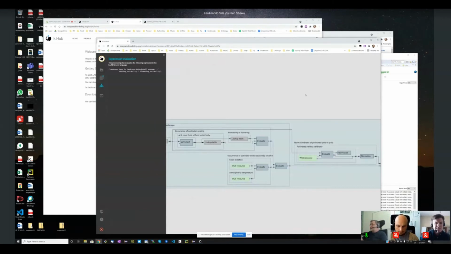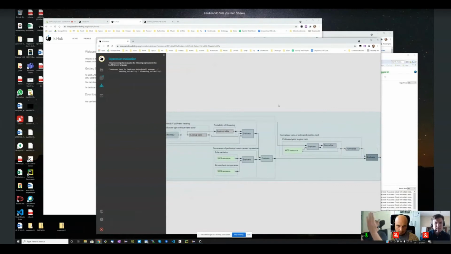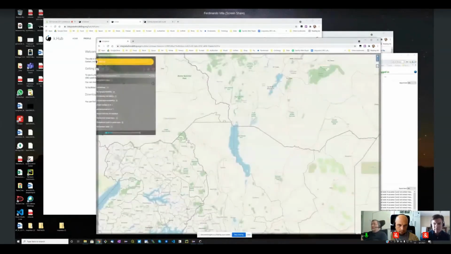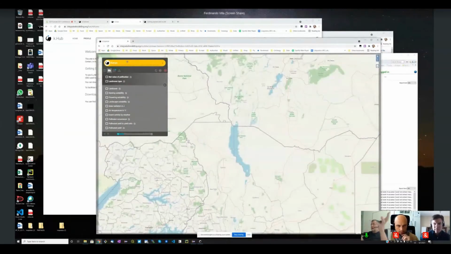So there's this perspective, which is the modeling perspective, and people who are not interested in the models don't even have to go here. There is this perspective that we have looked at before, which is the perspective where you actually have the actual outputs, the observations. And you can see I have my time set between 2012 and 2019 with a yearly time step, which I set before. So the system is actually giving me the dynamic evolution in time of what I've asked for.